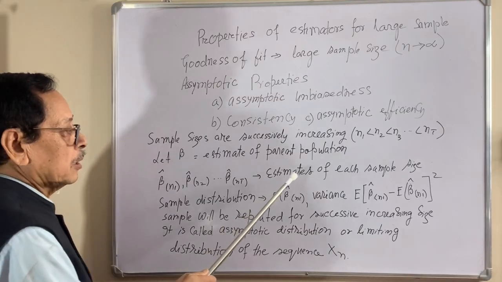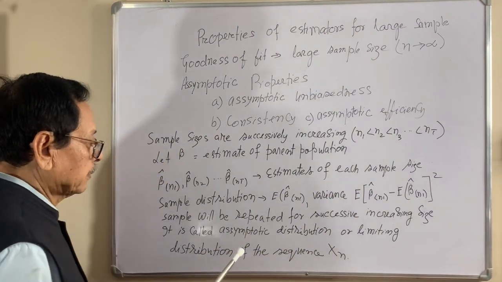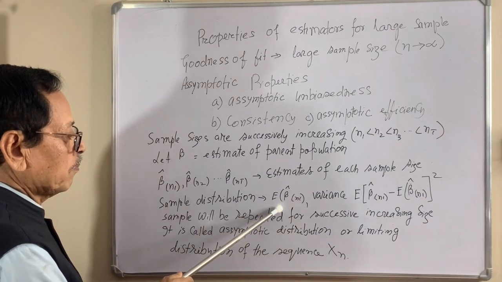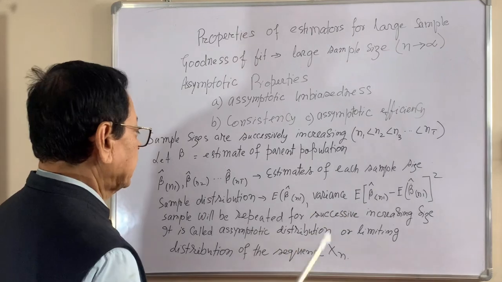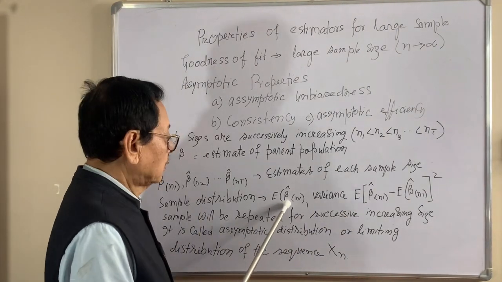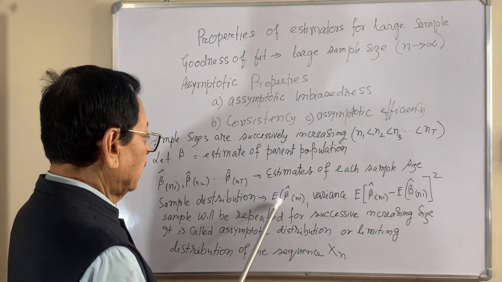So we have estimates for each sample size, and then the sampling distribution: what is the expected beta and the variance of beta. So the expected value of the estimate is expected beta,